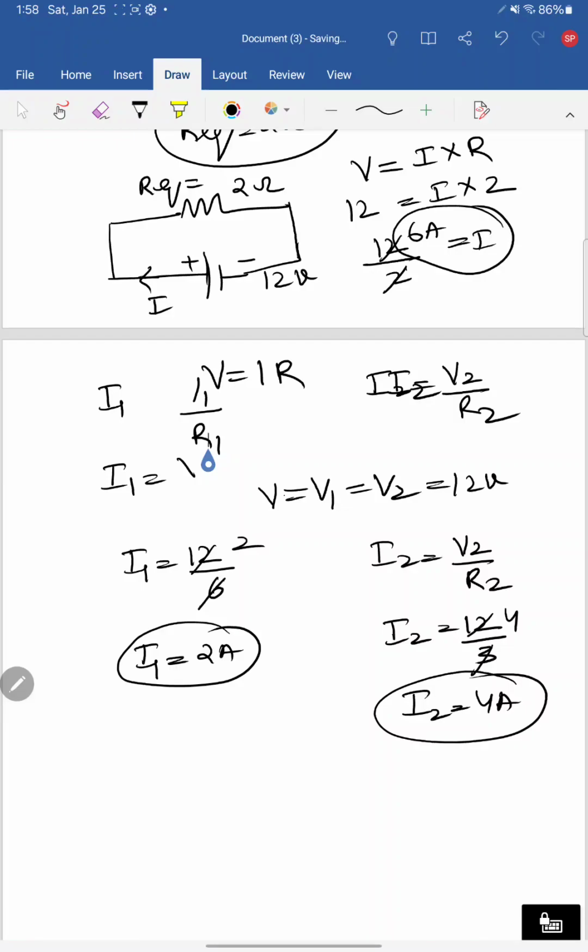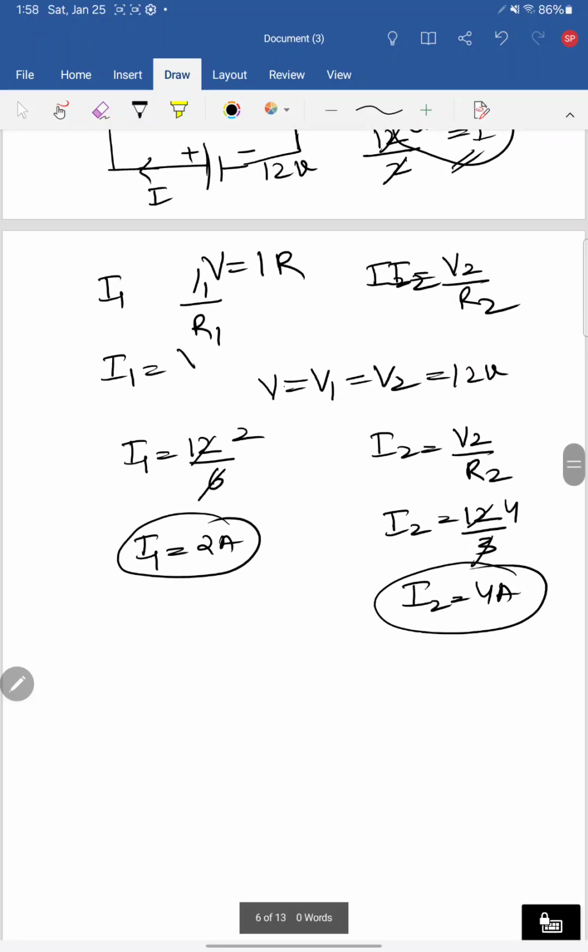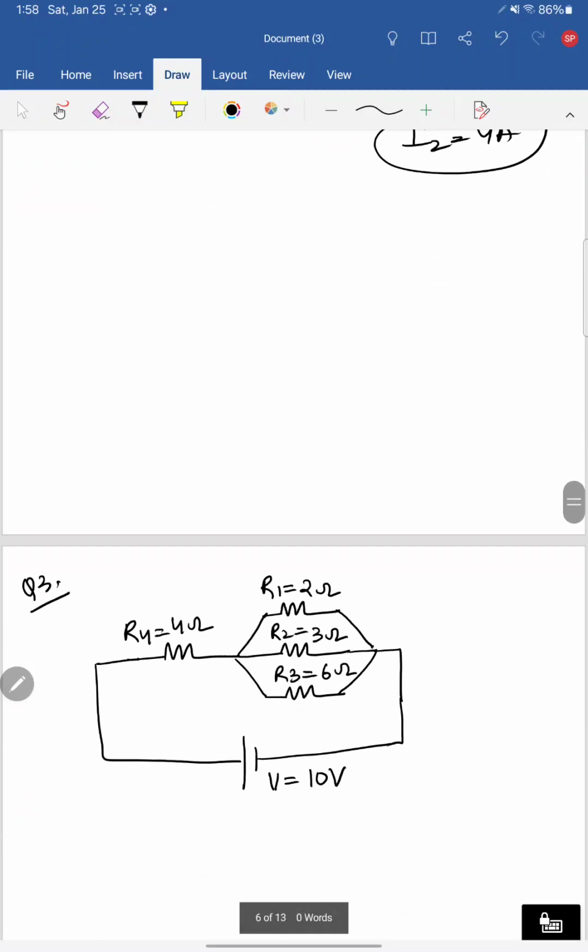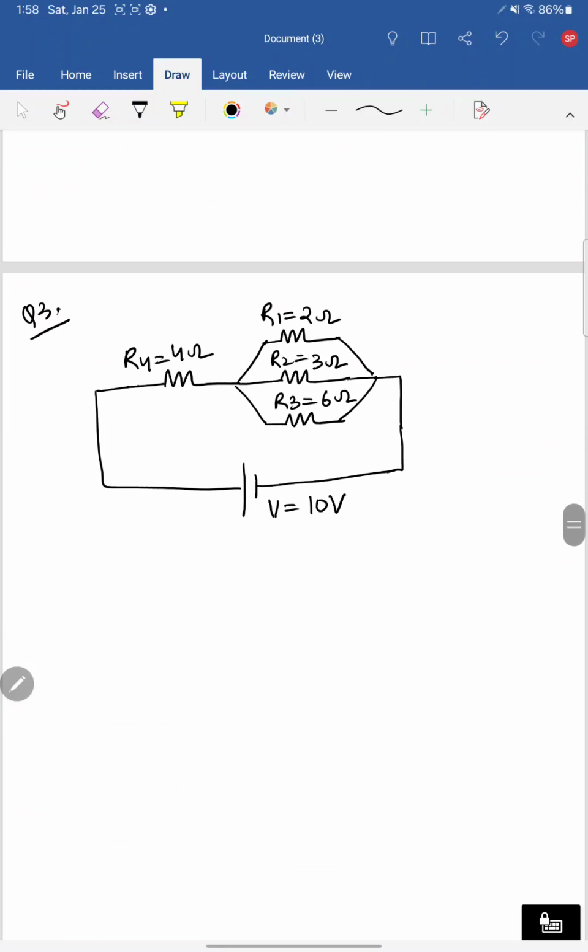So we got the value of voltages across each resistor. We got the value of total current in the circuit, this I, right? We got the value of I1 and I2 across respective resistors, right? So this is how you calculate when you see resistors connected in parallel. Now this is the question where you